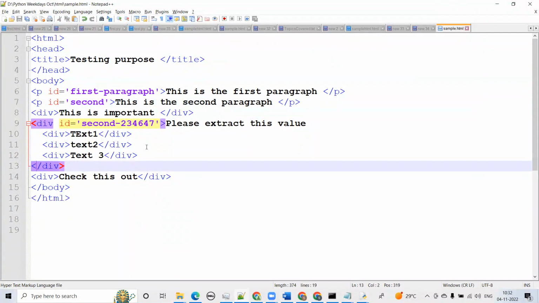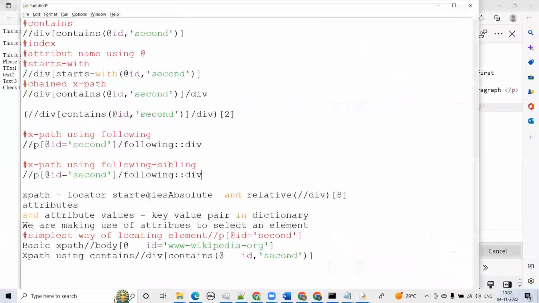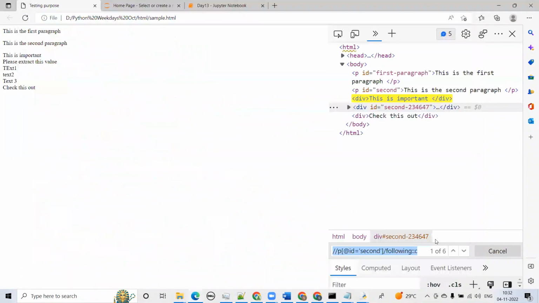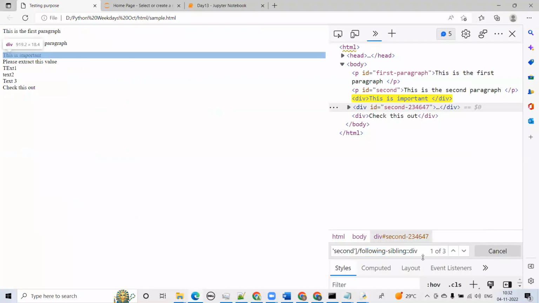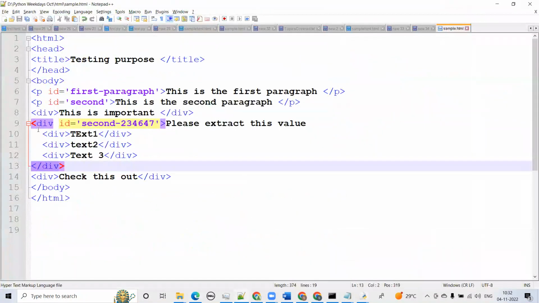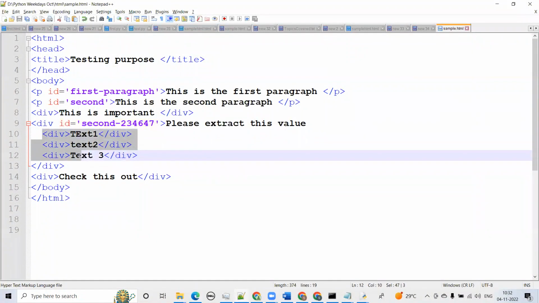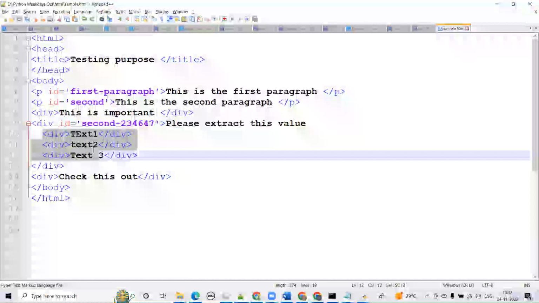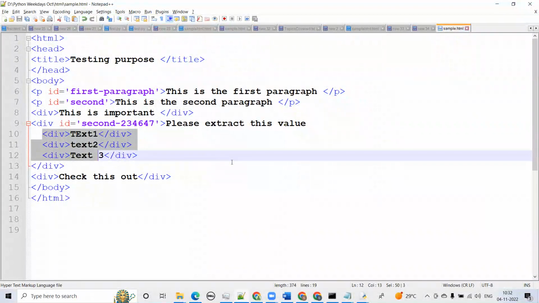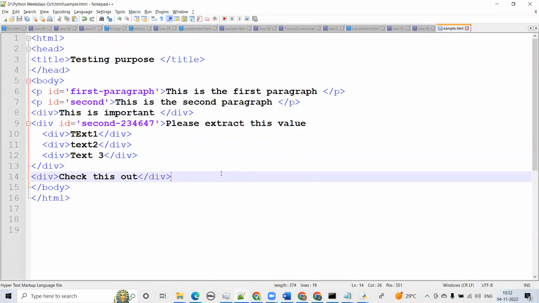Okay. But instead of following, if we use following sibling, what do you mean by sibling, guys? It's like brother, sister, right? If we use this, then we will get one of three. We are getting one of three. Why? Because it will not consider the child div. 1, 2, and 3,